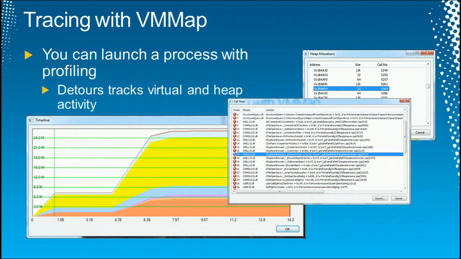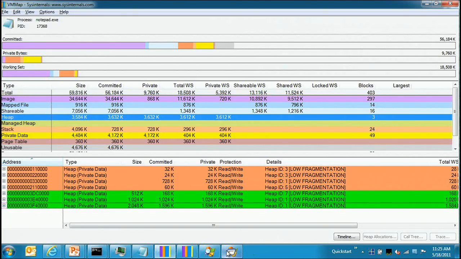One of the other things you can do with VMMap is trace an execution of a process. What that does is gives you insight into the heap usage. You'll be able to look at the stacks. And you also get a timeline. Actually, you get a timeline even with VMMap not in tracing mode, which I'm in. I'm not in tracing mode right now, but if I press F5 and then I do something else